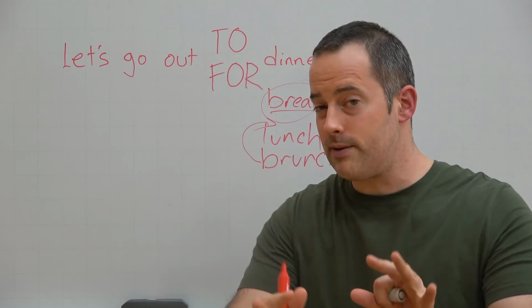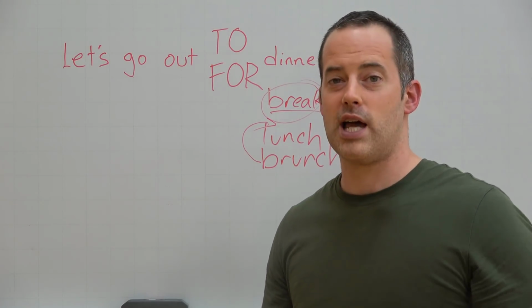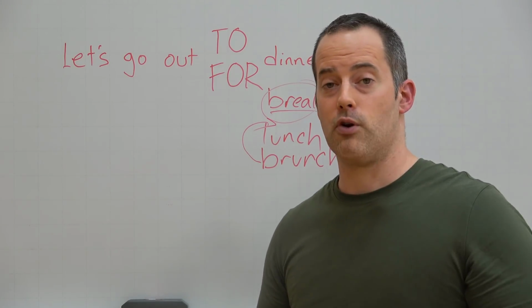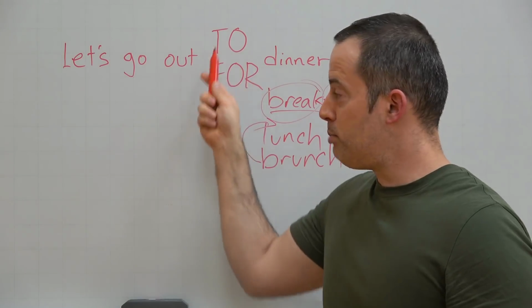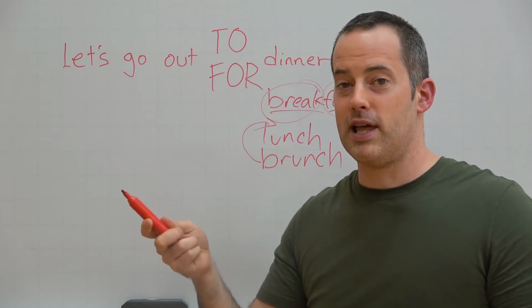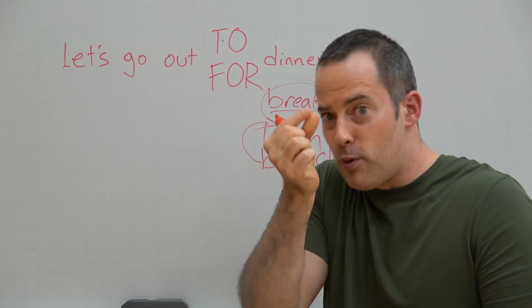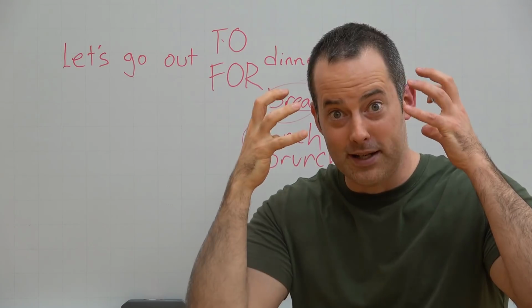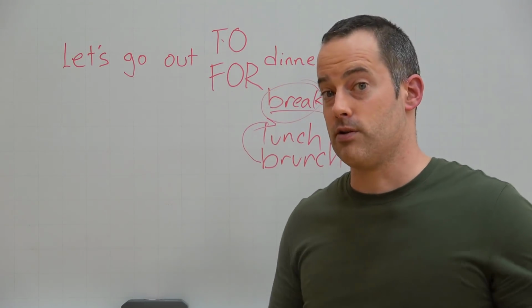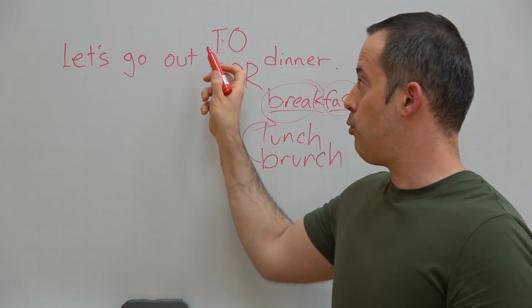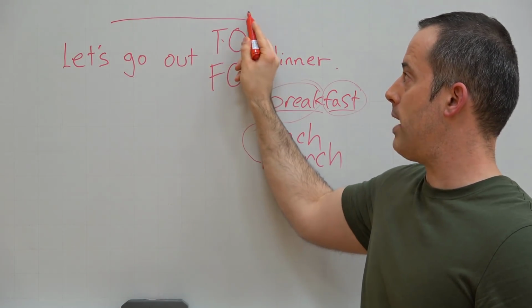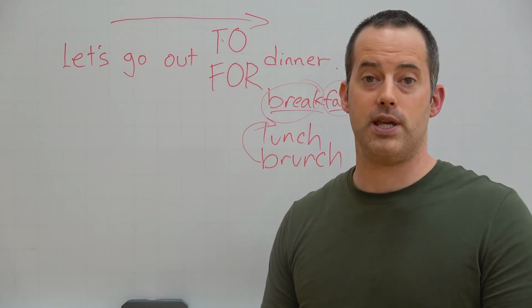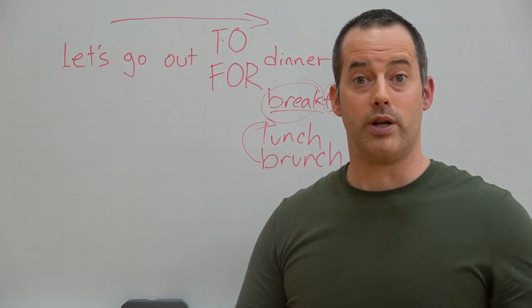Now, really the only difference here is so slight, so tiny, it's not even important for you. But the reason I'm teaching it is, number one, I got the question, but number two, because people have learned to translate to learn languages, they think about things like this, like which word is it? It has to be one or the other, or I want to understand why. So your brain will not rest until you find an answer. So let me give you a very simple one for this. Really, "to" is talking more about the direction, moving towards that particular thing. This is just a very simple way of thinking about it. Other people might, maybe they're going to contradict me.